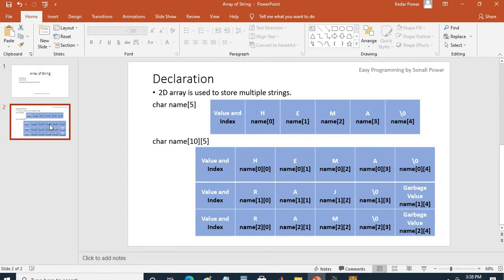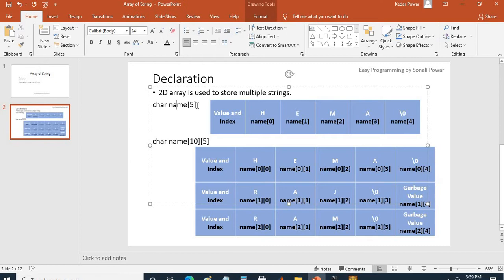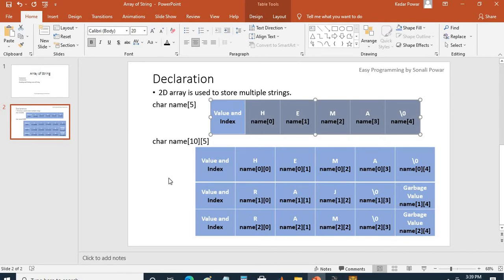So first we will see what a string is. You can say a string is a bunch of characters or a sequence of characters. And in the C language, a string is a one-dimensional array of characters. For example, char, the name of your variable, and the maximum length of your string. Here, name is a variable which is able to store one string of maximum length 5. For example, these are the contents of my variable name, and it ends with the \0.